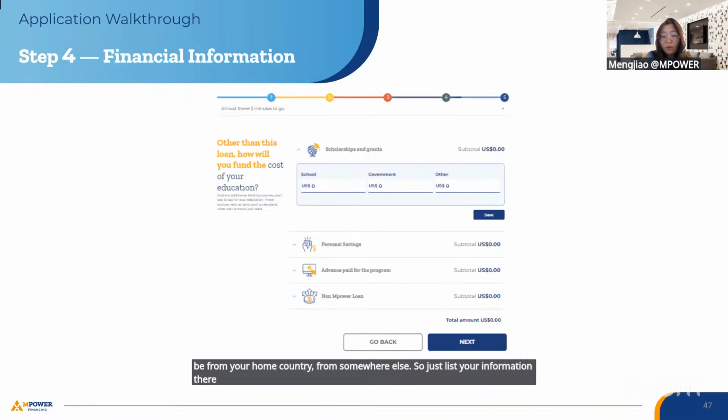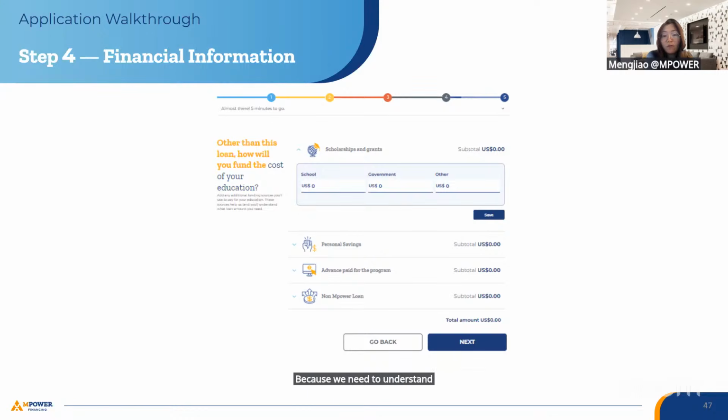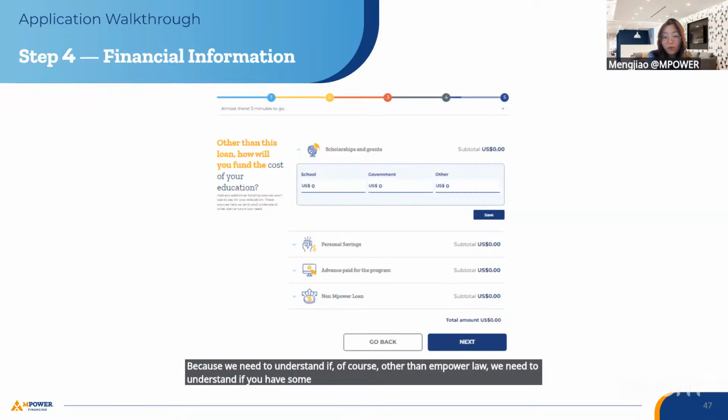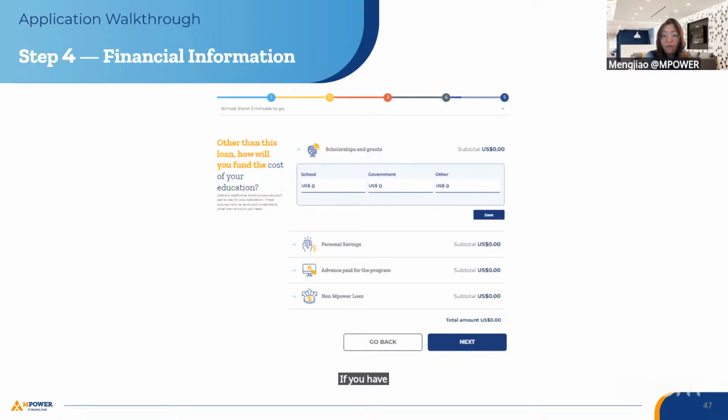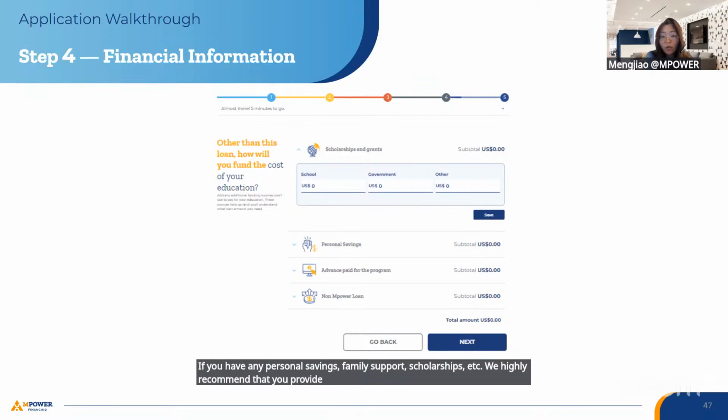This is very important because, other than the MPOWER loan, we need to understand if you have other funding sources that can support your education.